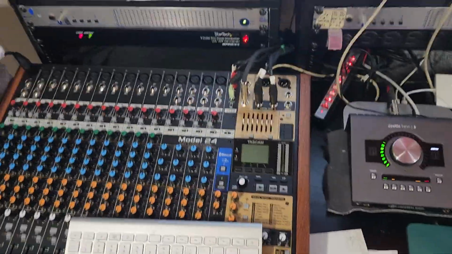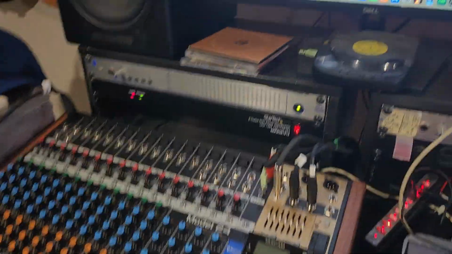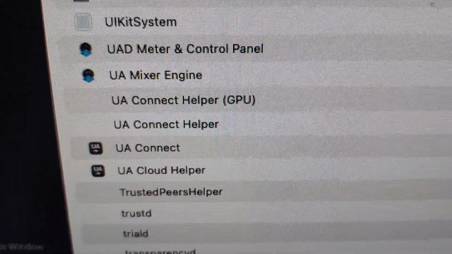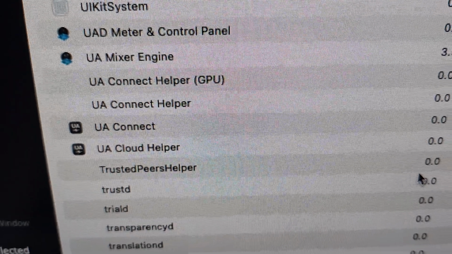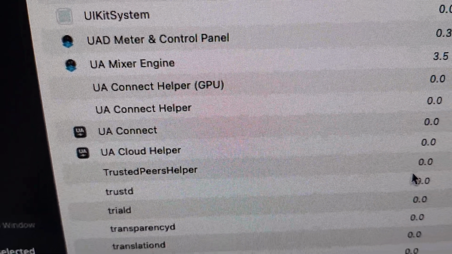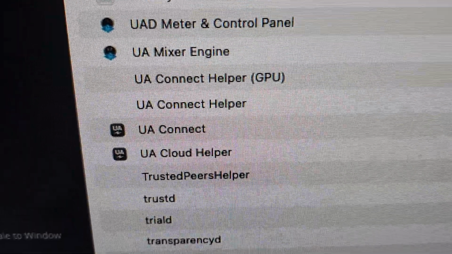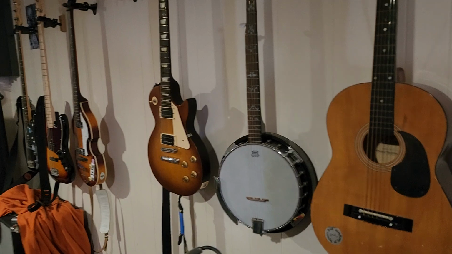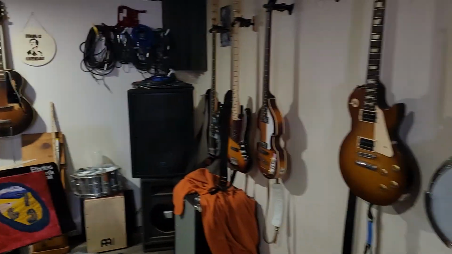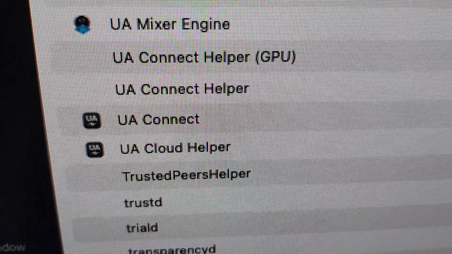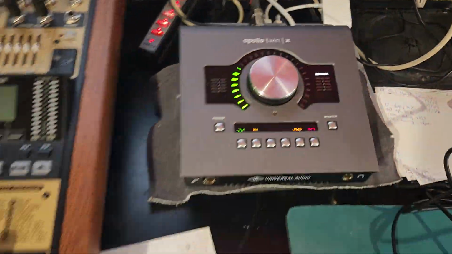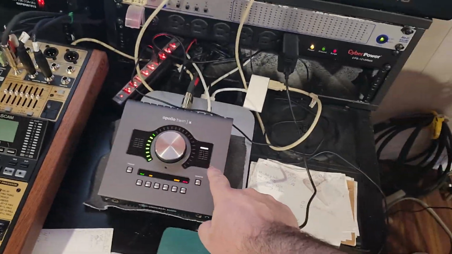threads. So I know you wanted to play music with me today, but we have a few things we need to consider. The UAD mixing and control panel, the UA mixer engine, the UA Connect helper, the UA Connect helper other thread, UA Connect, UA Cloud. You're like, well, what's the relevance to this? Well, these crash sometimes. And you're like, well, what were we going to do? Well, we were going to play guitar, man. We're going to enjoy our lives and play guitar. It's like, well, what are we doing instead? Well, we're in the activity monitor, and we're worried about the UA Connect helper and the 4 gigs in my account.